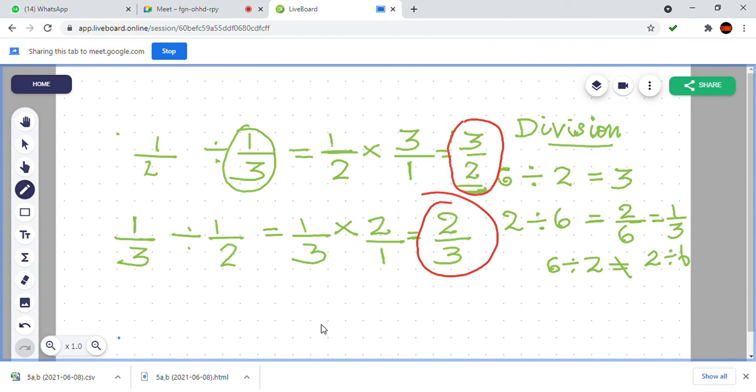Okay, all of you got it? Yes, ma'am. Okay, അപ്പോൾ ഇനി